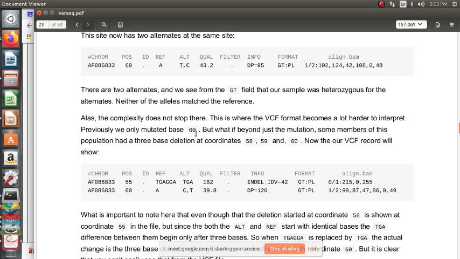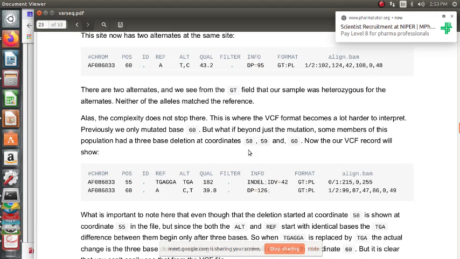Previously we only mutated base 60 at position 60, but beyond that, some members of this population had a 3 base deletion at coordinates 58, 59 and 60. Now the VCF record will show at the 55th position TGGA, the alternate is TGA.